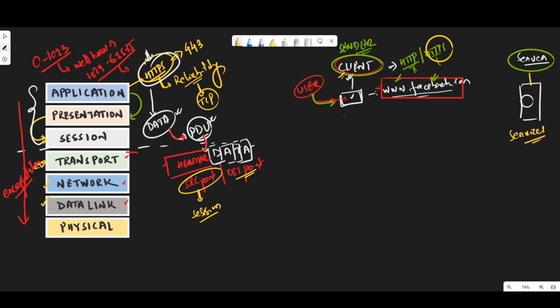The significance of the destination port is this: whenever we are sending a request from a client to a server, the server might be hosting a web server, a DNS server, a DHCP service, and multiple other services. We have multiple things hosted on this server, right? Now, when it gets the request,